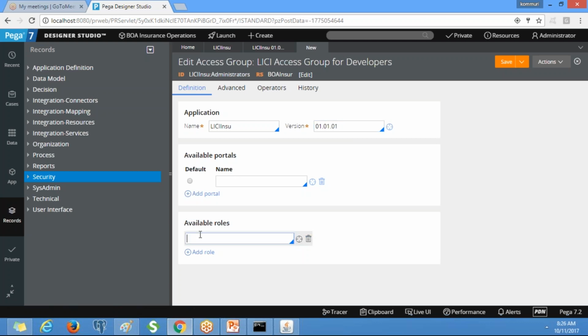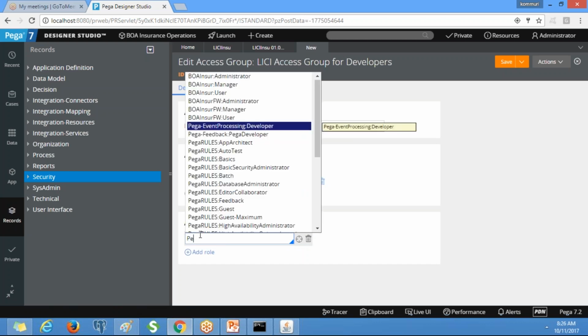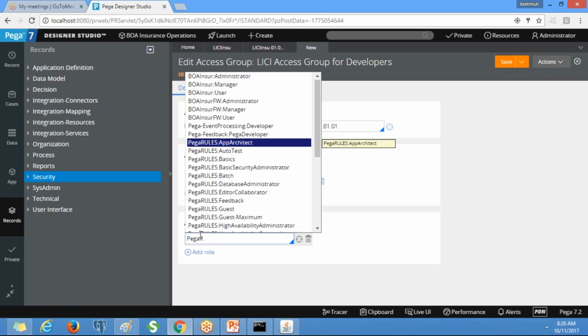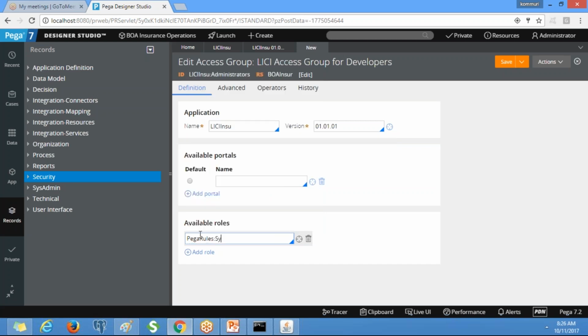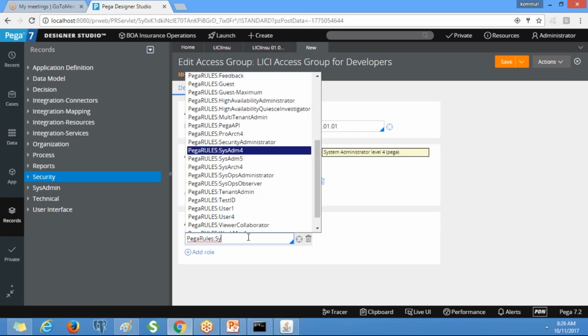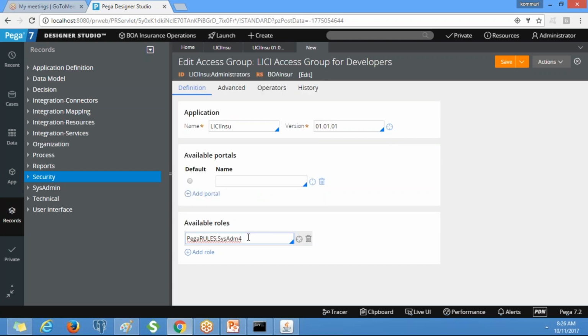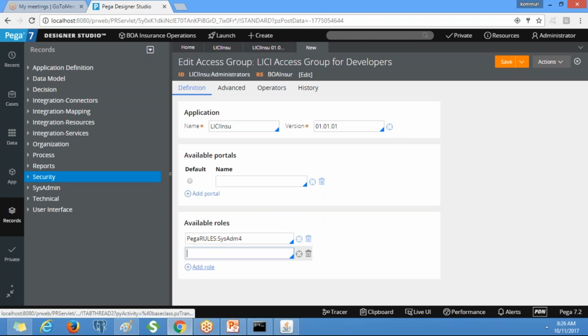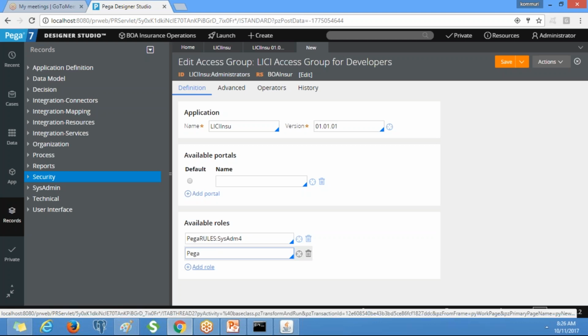For developers we need to select Pega rules sysadmin 4. These are called access roles, and we'll work on those later. As of now you just need to select the roles. These are mandatory. You select the role Pega rules sysadmin 4 and one more role, Pega rules